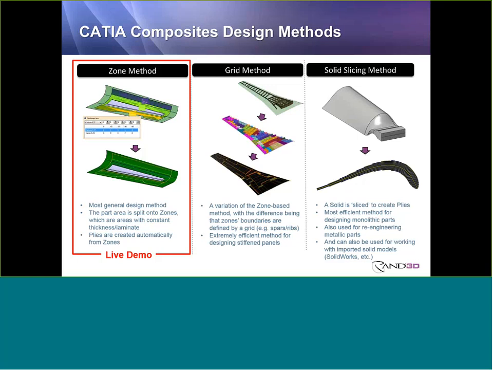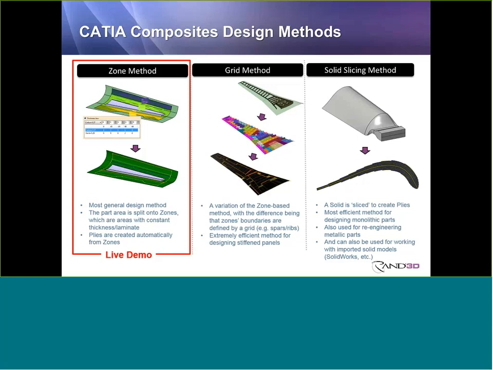So in this picture, you can see the model of a wing, an aircraft wing, and it's just natural that the zones, so the laminate thicknesses, are those areas between spars and ribs, just like a grid. So with this approach, it's an extremely efficient and very, very convenient way for designing stiffened panels, such as presented